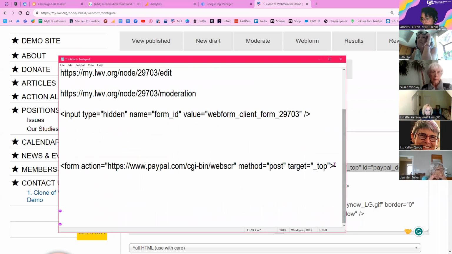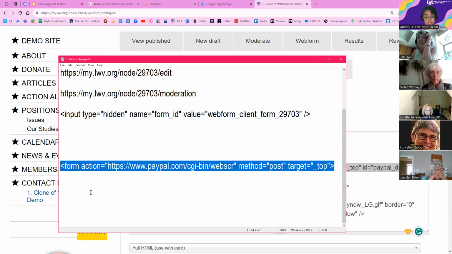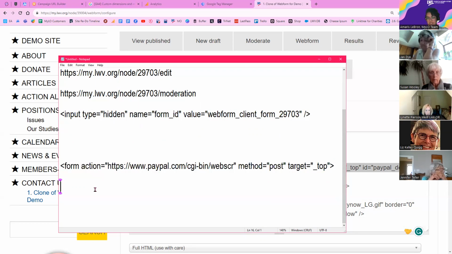So this is probably what you would get too. I checked at least a couple of PayPal buttons. They all started this way, or at least didn't contain their own ID. But it's okay. If your PayPal button does happen to have its own form ID, then you just copy that value. But since this one did not have its own, I added in,